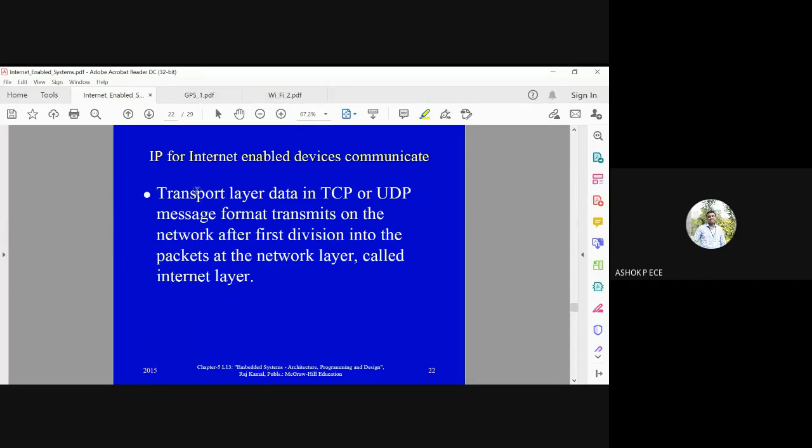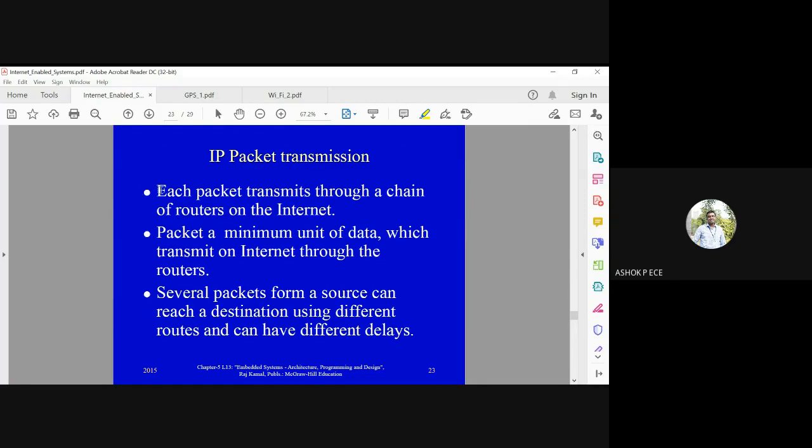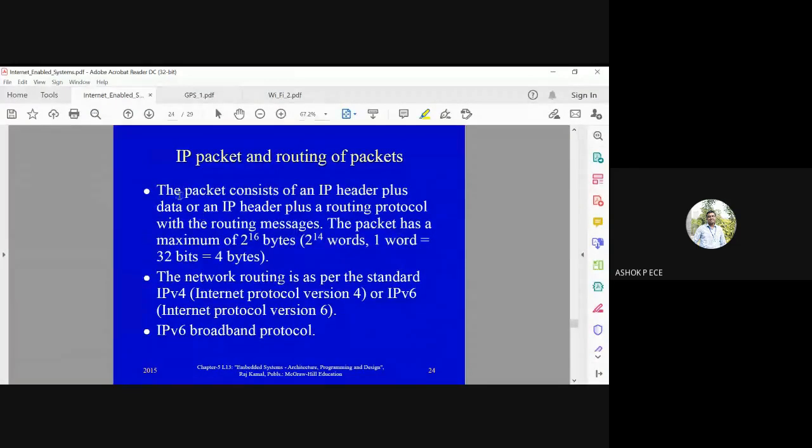So the transport layer in TCP transmits the data on the network after it receives it from the network layer. I told you it's all a top-down approach from the physical layer. From layer number 1, it will go till layer number 5. Okay. So IP packet transmission, everything will happen through IP packets. The packet will have the IP address and the port number. The port number will indicate what application you are going to access, and the IP address will indicate the unique address of your system. A packet can have a maximum of 2 power 16 bytes.